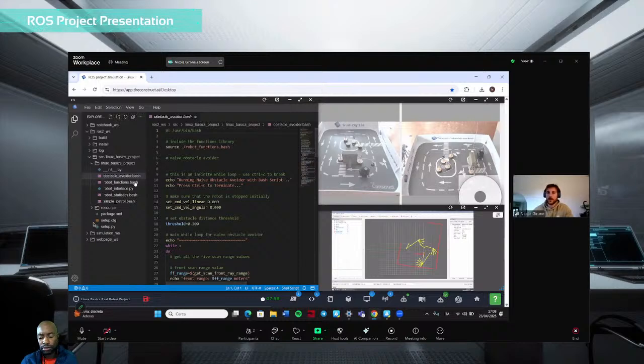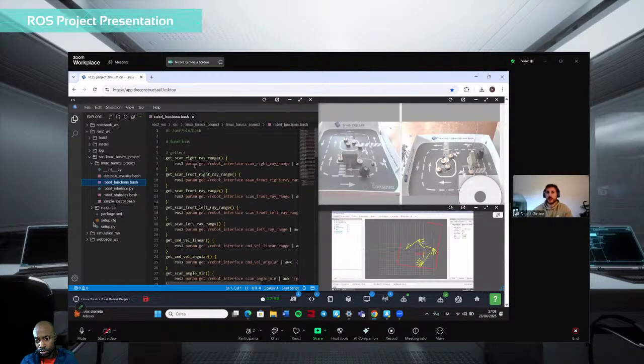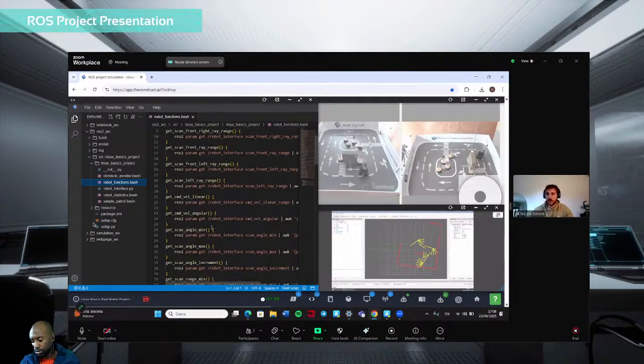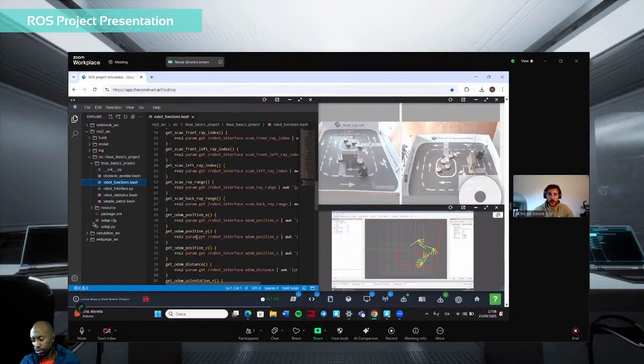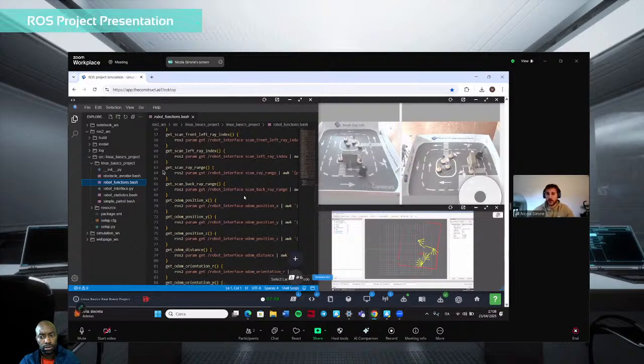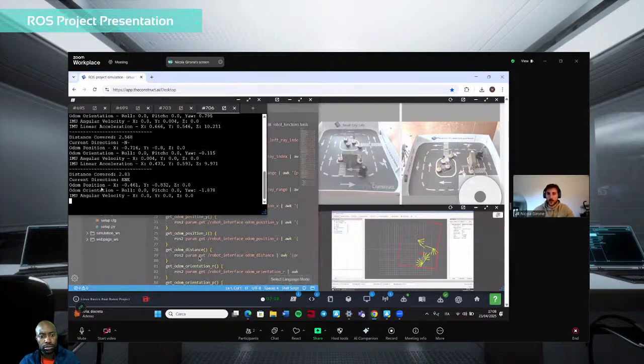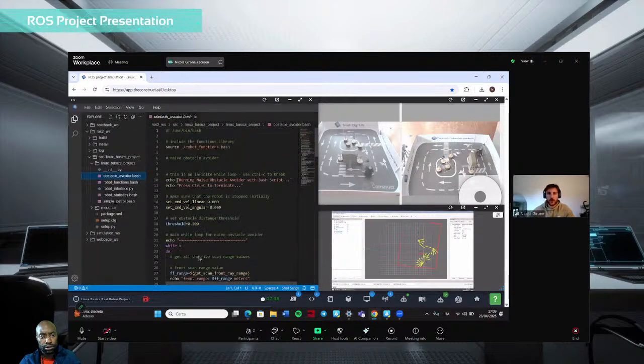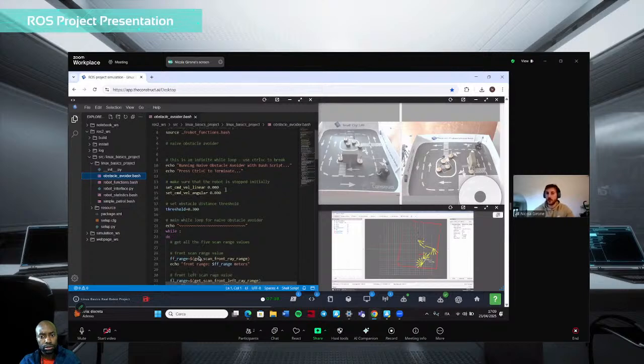It's a robot function library that I wrote previously, which contains a set of getter and setter functions, which, as the name suggests, get some values. So, for example, the right ray range, front right ray range, or the angular velocity, the command for the linear velocity, and also some odom position, odom distance, odom orientation that we are able to see actually in the robot statistics code. Then, going back, we print some messages,